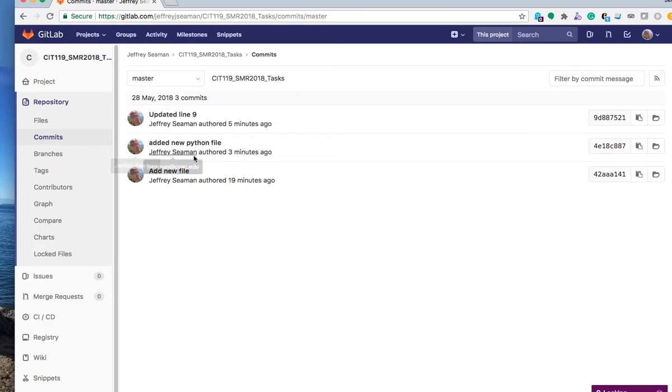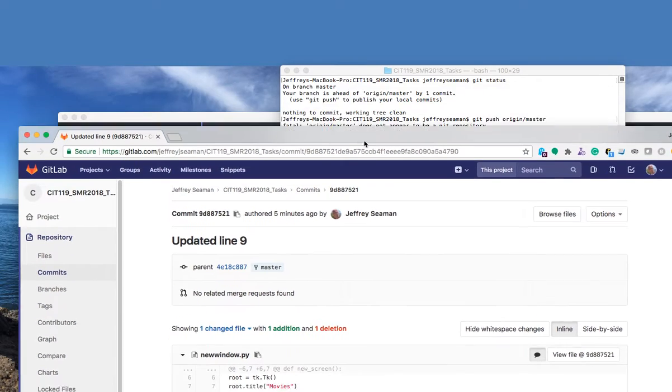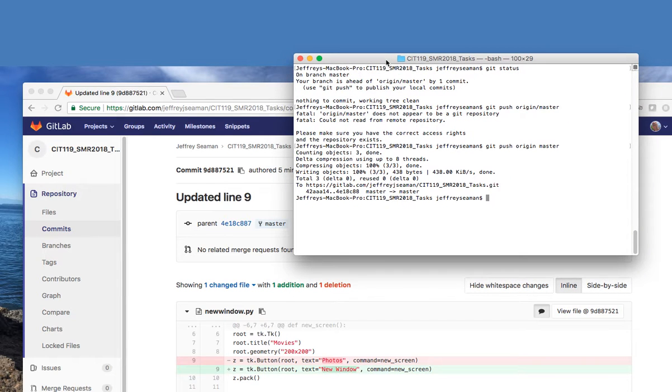If I go into commits, it's going to show that Jeff Seaman updated line 9. If I click on updated line 9, you're going to have this right here where it has the plus in green. If you see something in green and it's added, that means it's been added. If you see something in pink and it's negative, it means it's been removed. But we keep a history of that, okay? So think about if I go into my source code, where is it at down here? Oh, right here. So if I do an ls here, and I do a view new window .py,